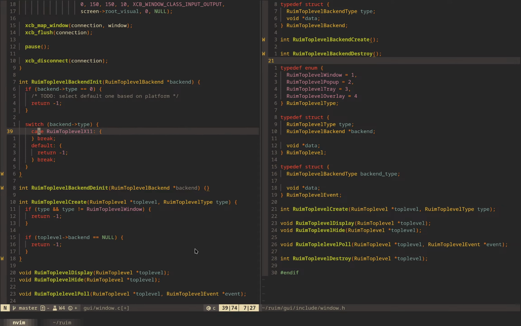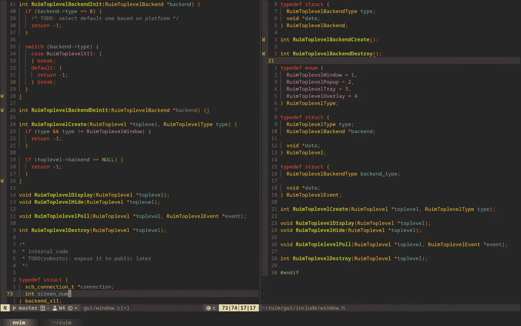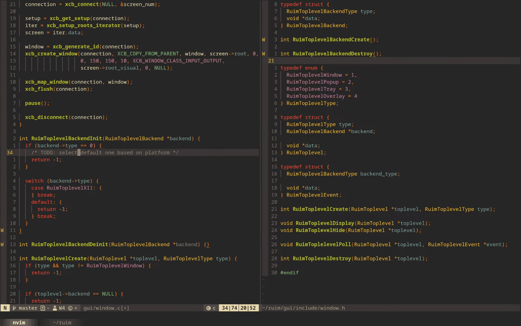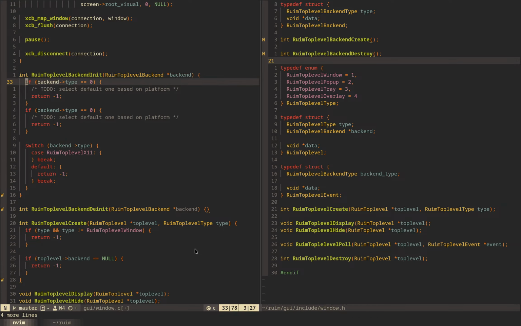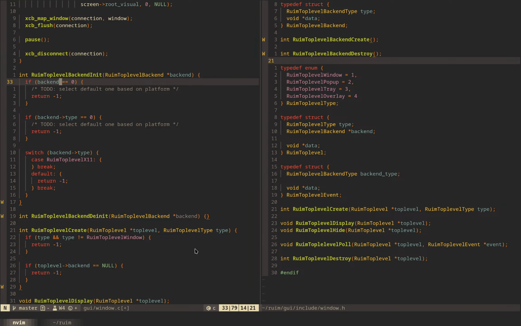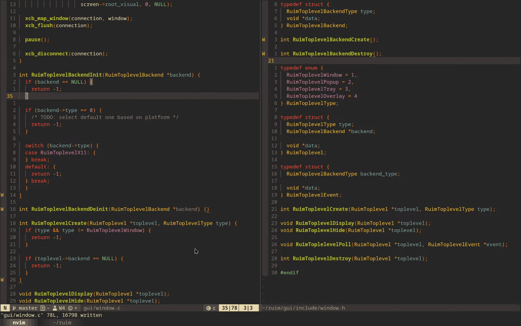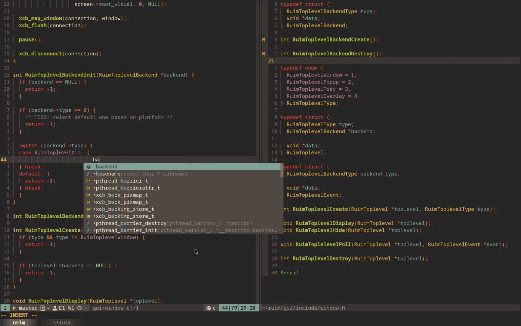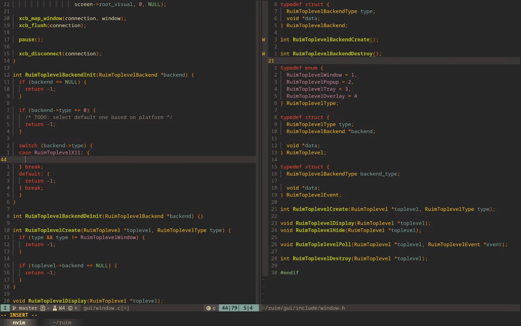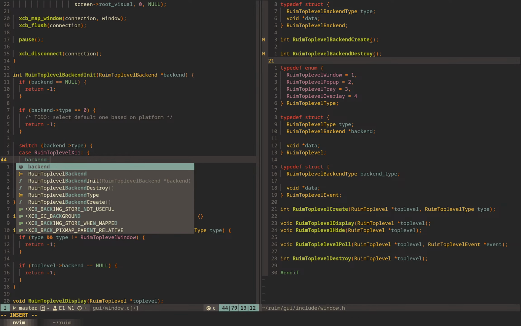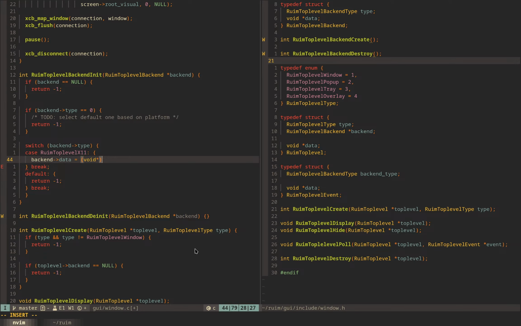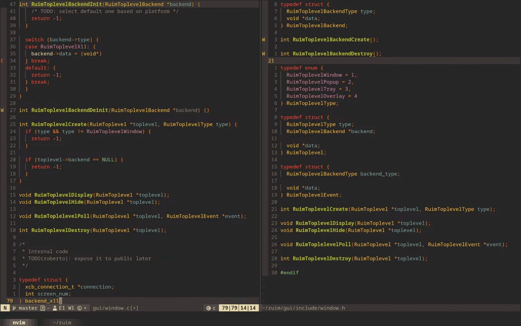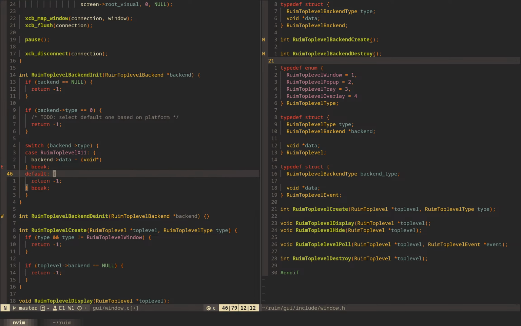Actually, I think I also want to check if the backend itself is null. Yeah. So backend data will be, I have to cast this to void star, and then have is